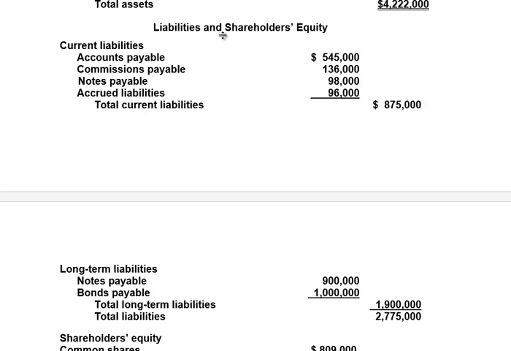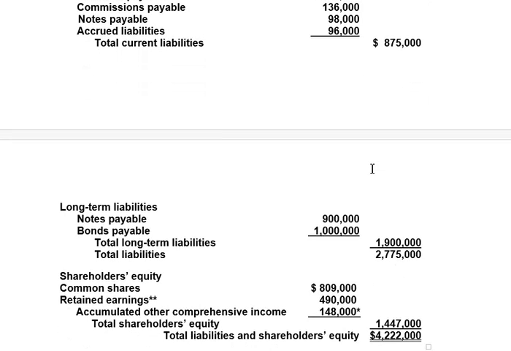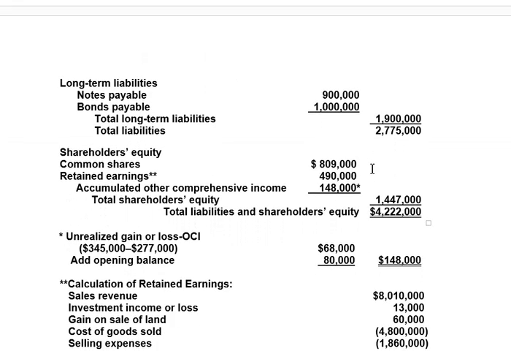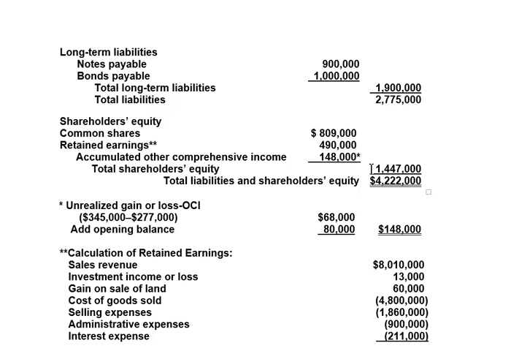Now, in this case, we're going to add up all those accounts, and we're going to add up our current liabilities at $875,000. Now we're going to look at our long-term liabilities, and we can see that these are comprised of our note payable. That note payable we know is due in 5 years, and we know our bond payable is due in 3 years. So when we add them up, we're going to get $1.9 million in total long-term liabilities, which gives us total liabilities of